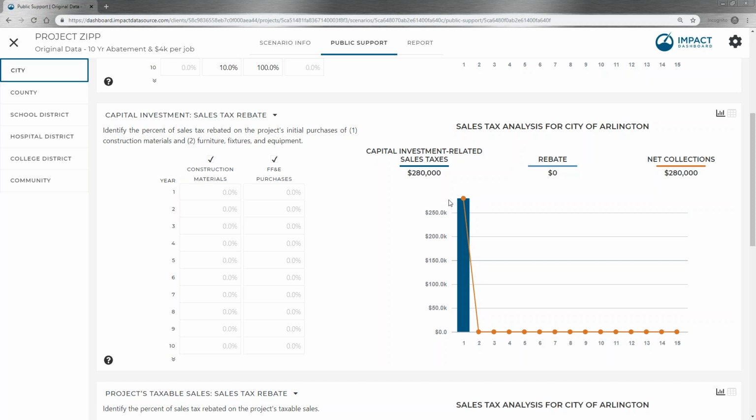And in addition, if there's going to be some sales tax liability on the initial purchases of furniture, fixtures, and equipment and machinery, all that stuff, if you want to capture the value of the rebate on that, you can do that as well. So just to kind of connect some things up before we come back and play with this a little bit,